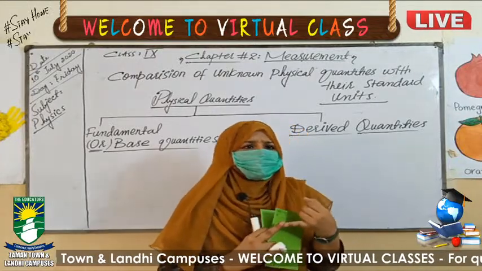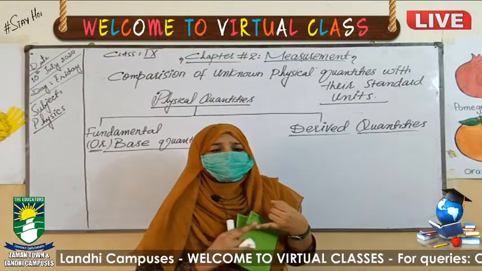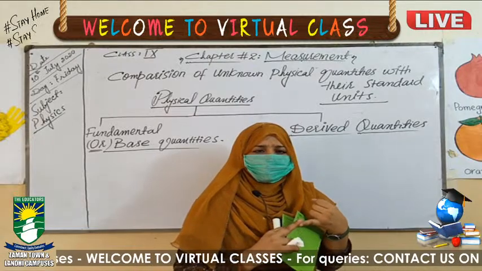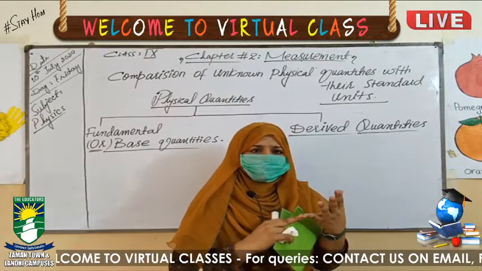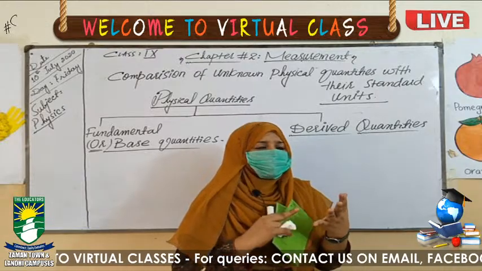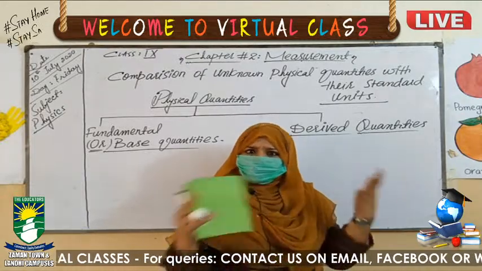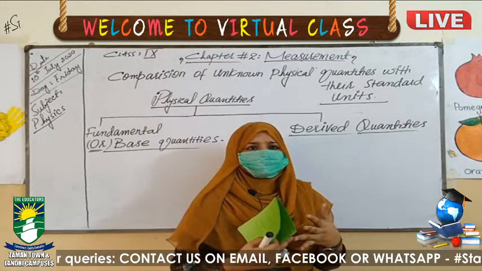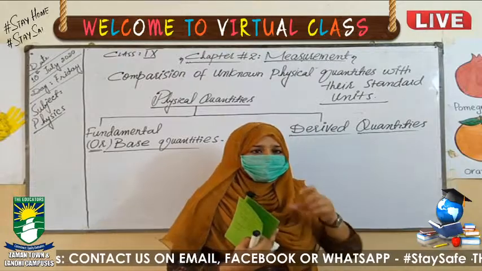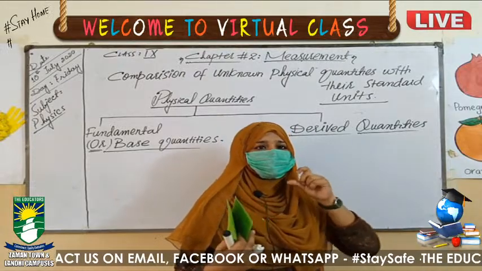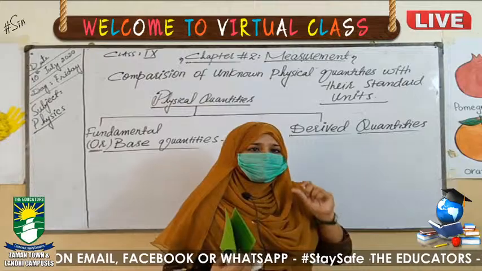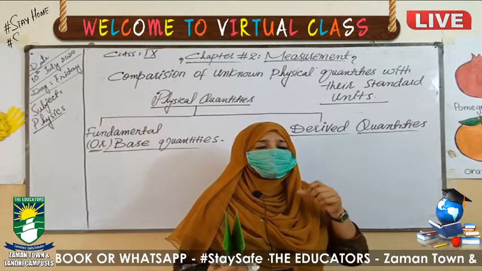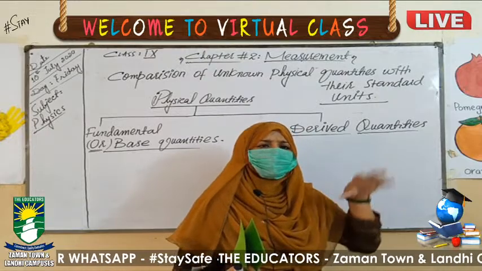So what is measurement? Measurement is basically our everyday practice of buying or measuring anything. Like length is a measurement, volume is a measurement, mass is a measurement, temperature is a measurement, density is a measurement, speed is a measurement. These are all the words I have given as examples, and these are all measurements. To measure these quantities, we use particular units. That is the onward topic.